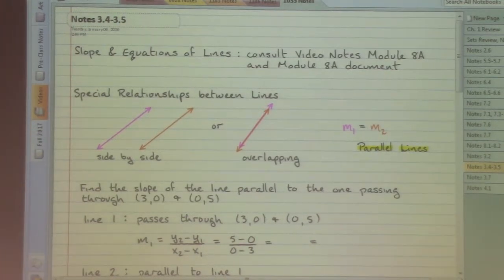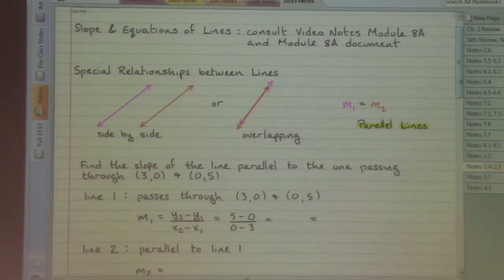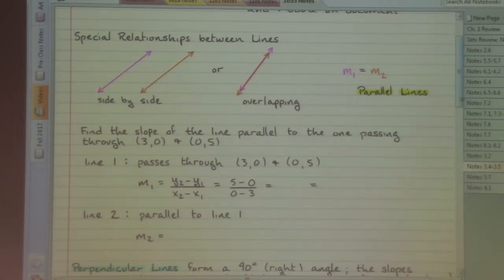And what that means, though, is that as long as it's not a horizontal or a vertical line, those parallel lines have the same slope. Actually, we can really say as long as it's not a vertical line, then we have the same slope. So in this example here that says find the slope of the line parallel to the one passing through the points 3, 0 and 0, 5, what we're being told are 2 points on one line,